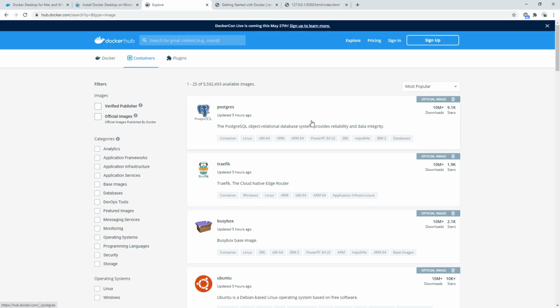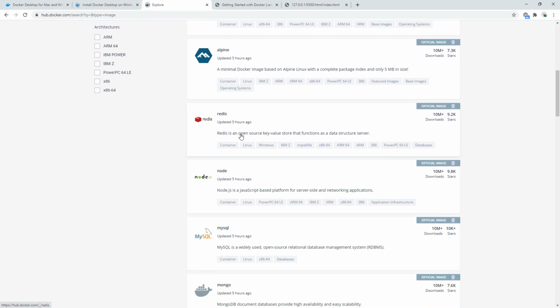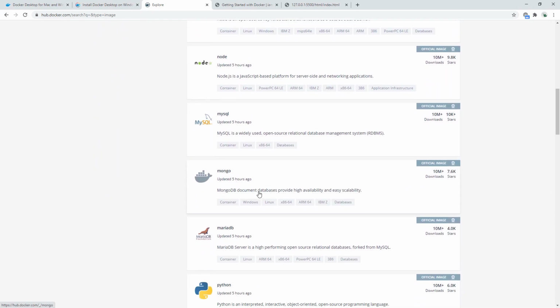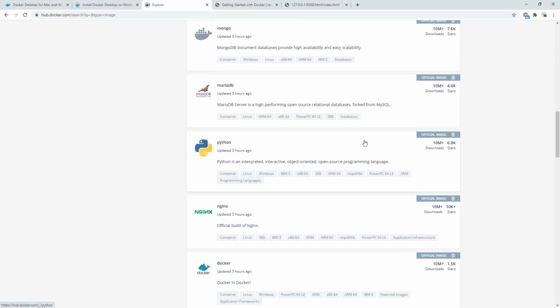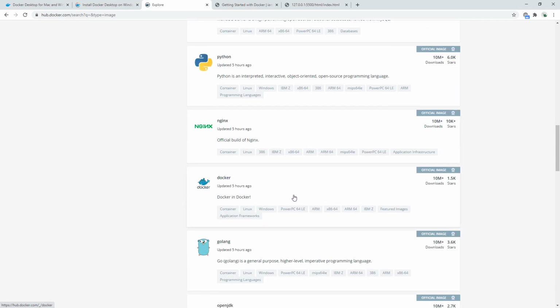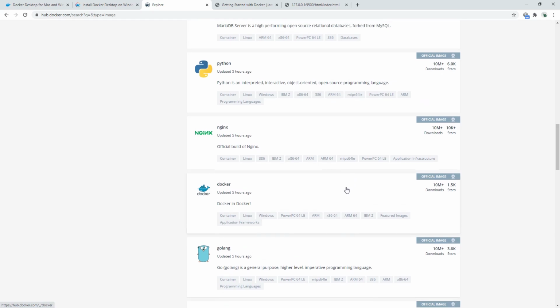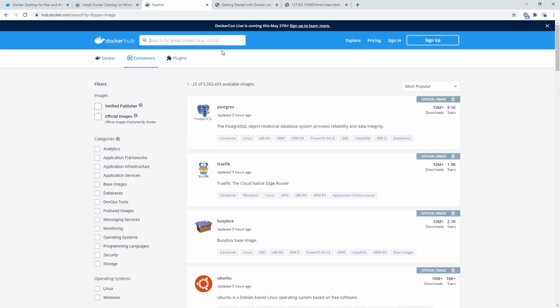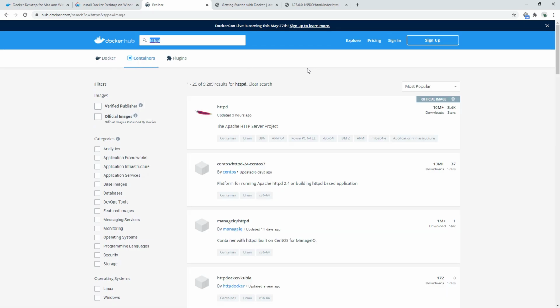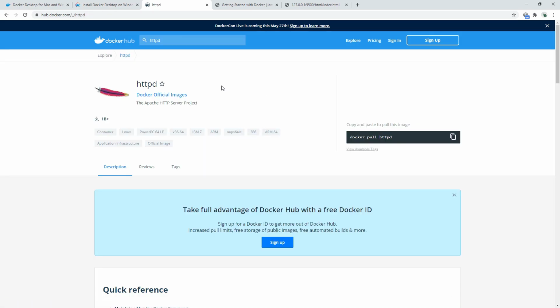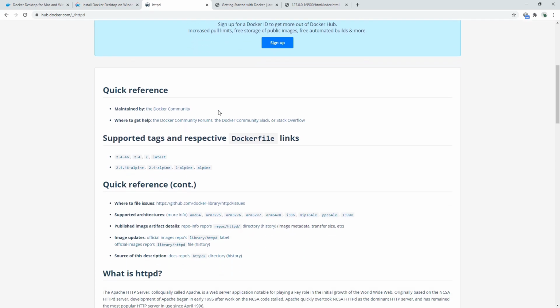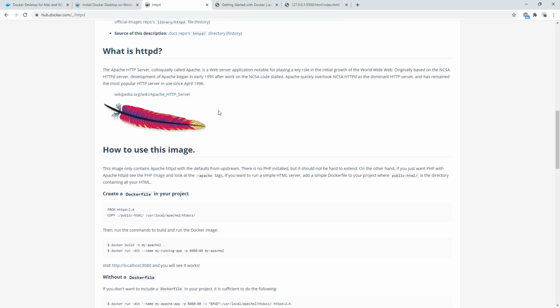So we see here Postgres, Ubuntu, Alpine, Redis, Node, MySQL, Mongo. Notice the 10 million plus downloads for all of these. Python. You can even run Docker inside of Docker for some kind of inception level setup. But what we're going to do is we're going to search for a web server called HTTPD. This is an Apache HTTP web server. If we click it, this is going to tell us all about the web server, including if we look here,